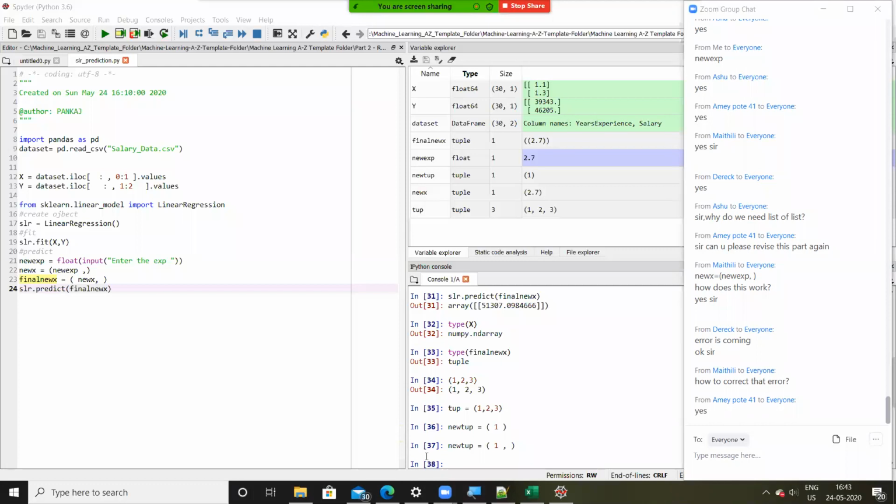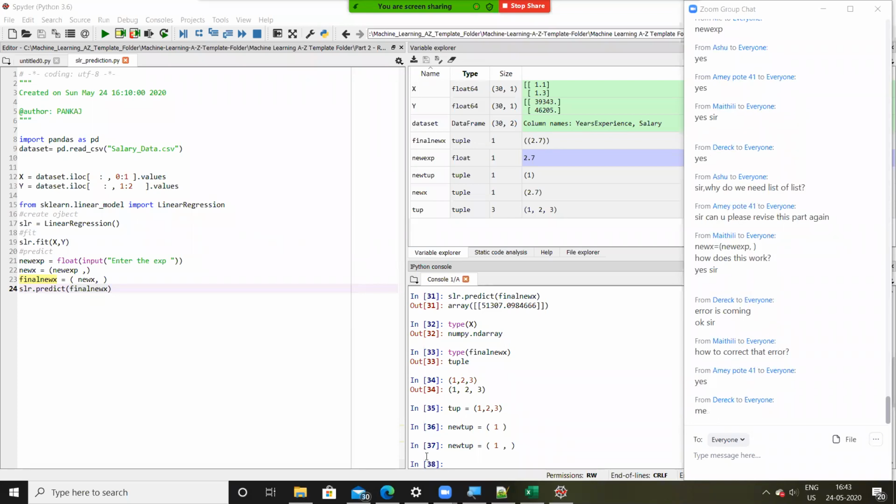Who forwarded me the screenshot? Was it Derek or Ashwame? Who was it? I think Derek forwarded me the mail. So Derek, when did you get this error?